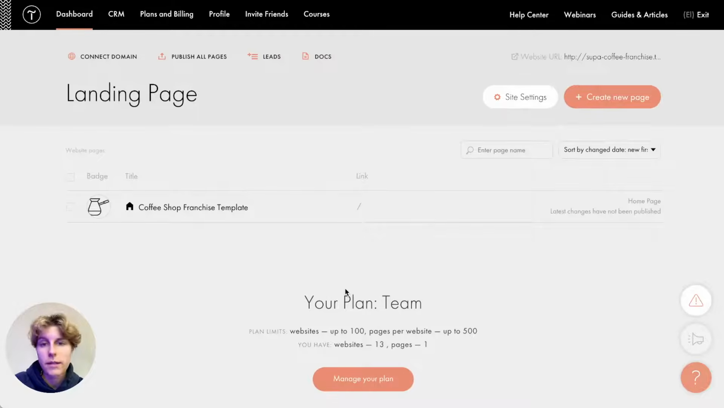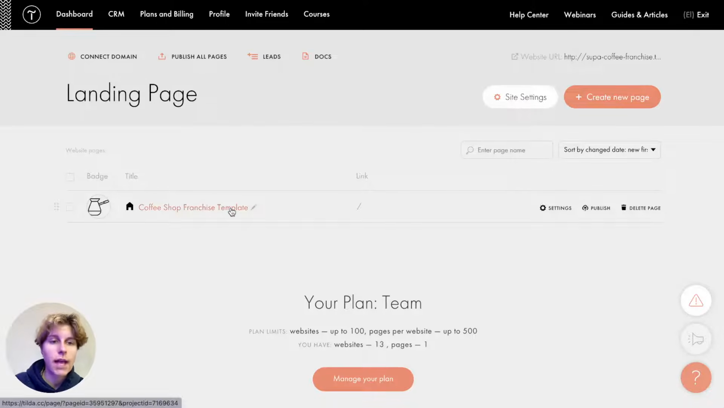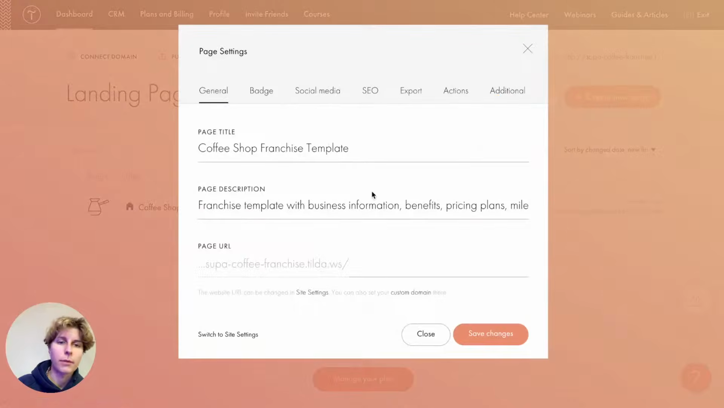Okay, so that was the overview of the site settings. You can access them anytime here via using this button, site settings, next to the create new page one. And then for the page settings, so as we said, we have the possibility to add up to 500 pages on the paid plans, or up to 50 pages per project on a free plan, and each page has to be set up. Well, the good news is that you don't need to set up a lot of things about each page, but the bad news is that